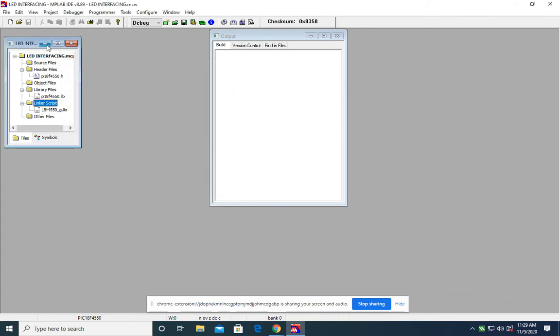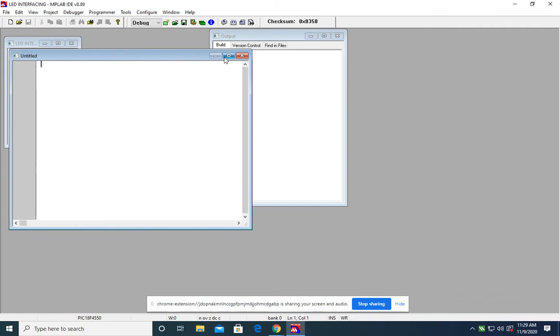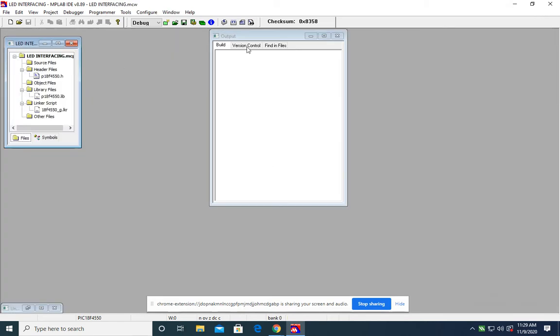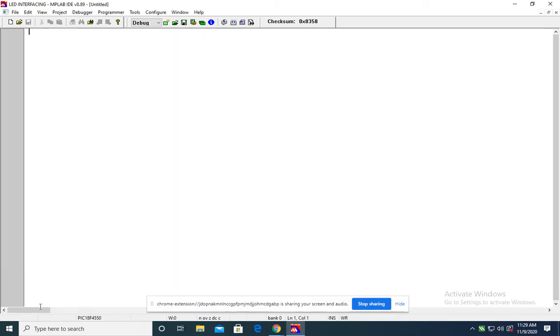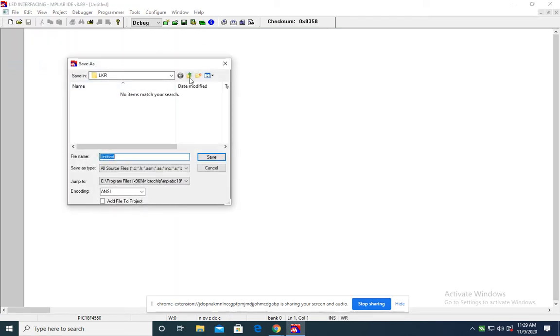So these files you have to add. Now at last you need to add the source file. For that you need to create your source file in which all the programs are written in C language. After writing it, you have to save this file in your folder only, where you are going to create your folder.